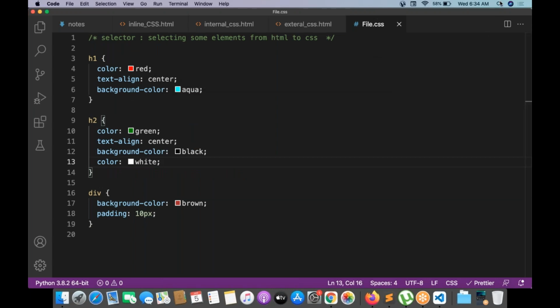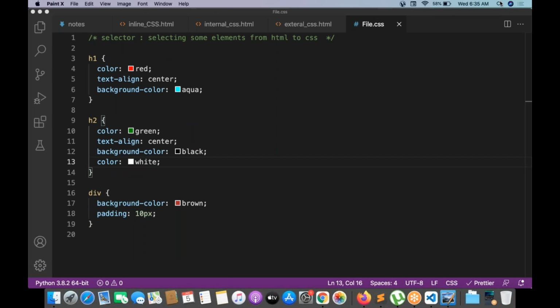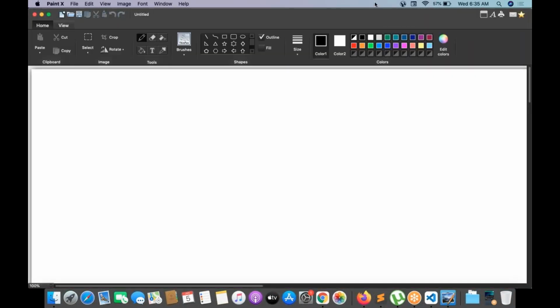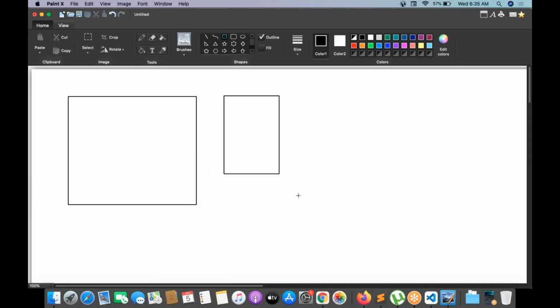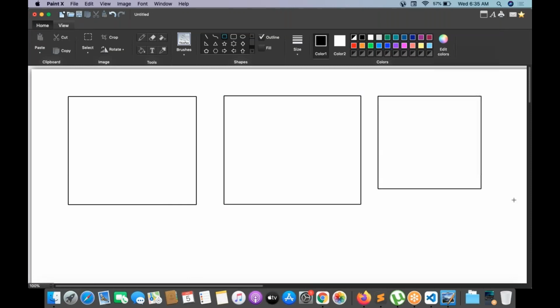Let me give you one simple diagrammatic representation of inline CSS, internal CSS, and external CSS. This is inline CSS, this is internal CSS, and this is external CSS.